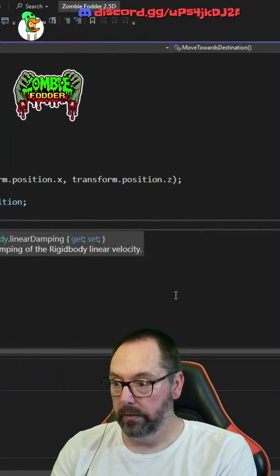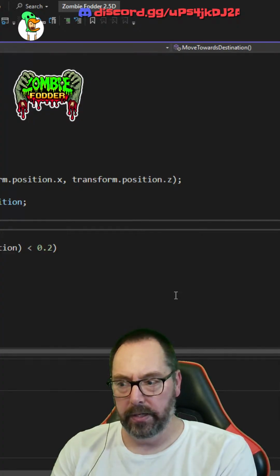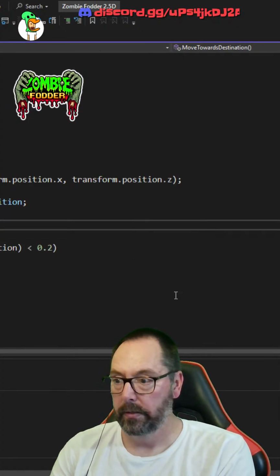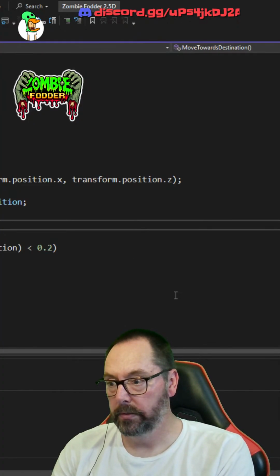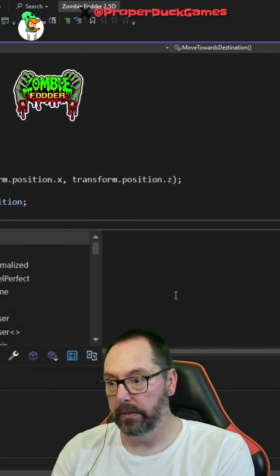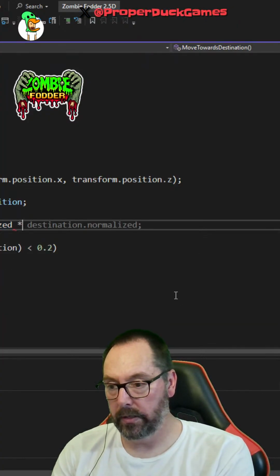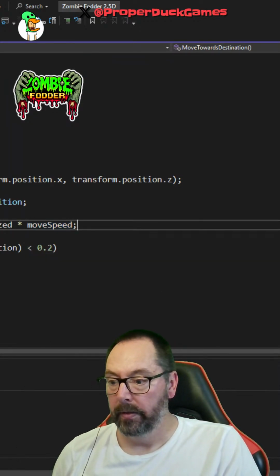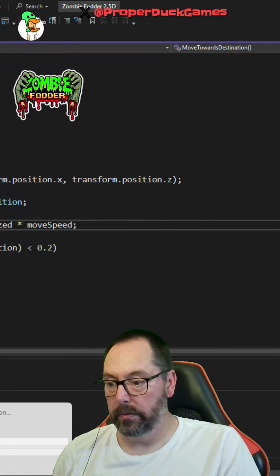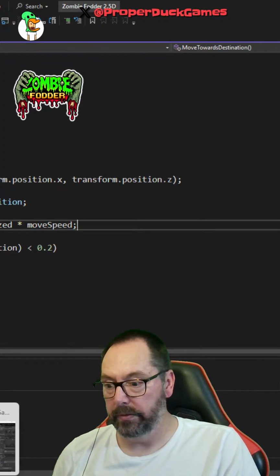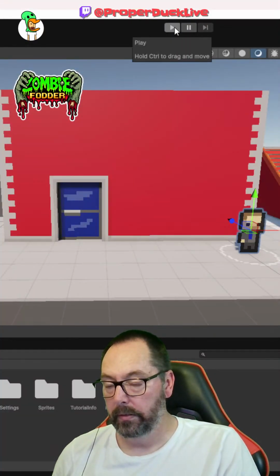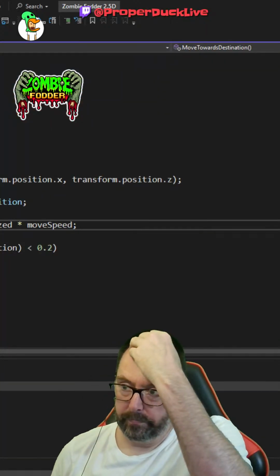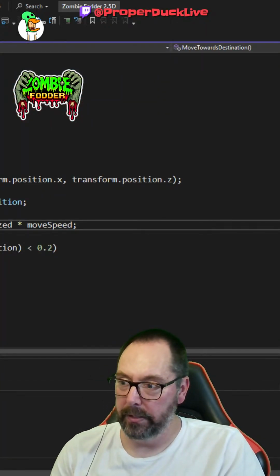So RB.linearVelocity equals difference.normalized times move speed. So either it's going to work or he's going to zip off in a different direction. Or nothing's going to happen because